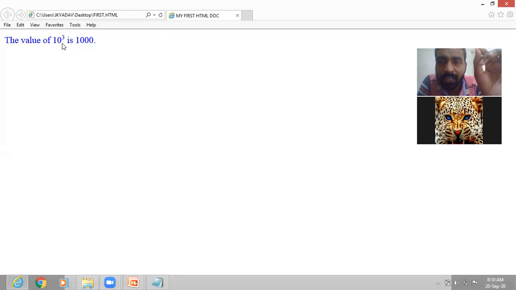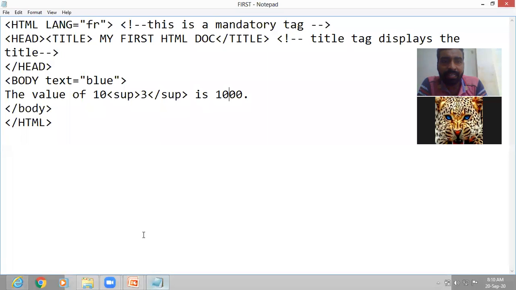How is it coming? Because in the HTML code we have written the superscript tag SUP. We have written 3 within the superscript tag, so any text or number written within the superscript tag will appear slightly above the line.